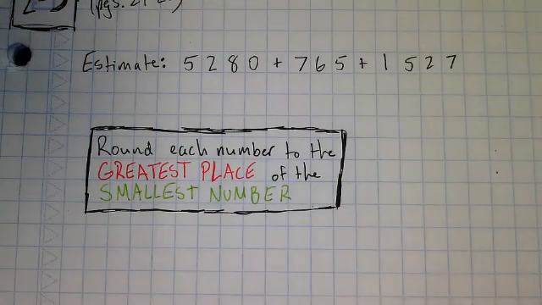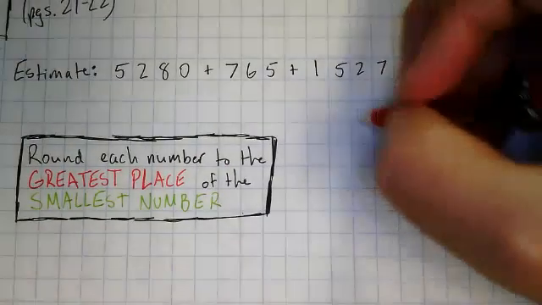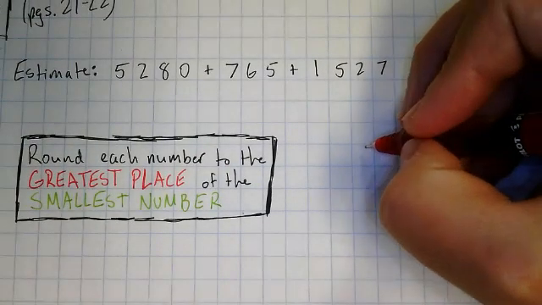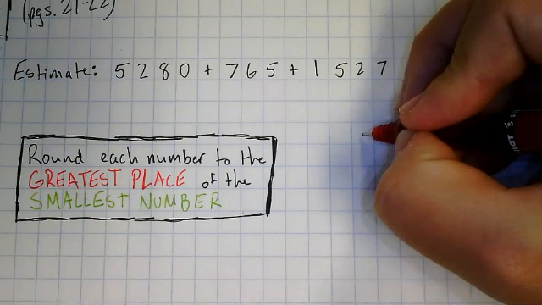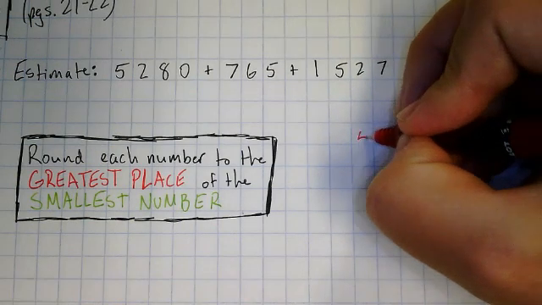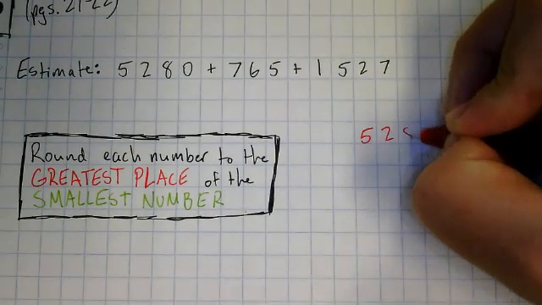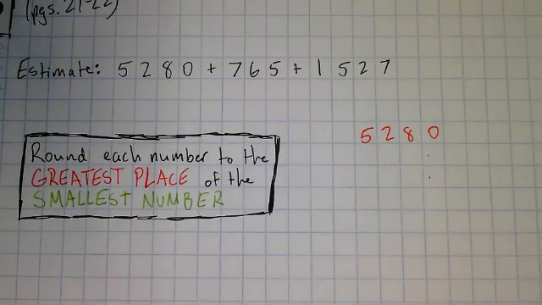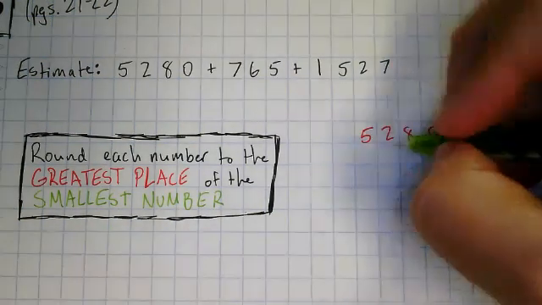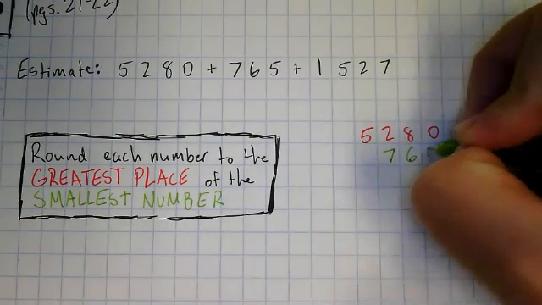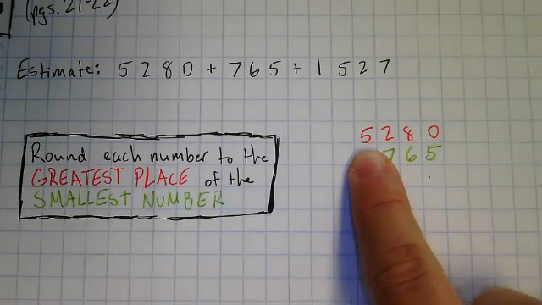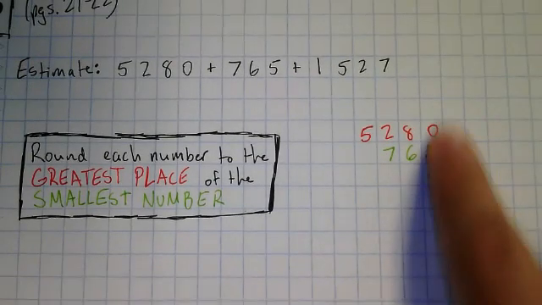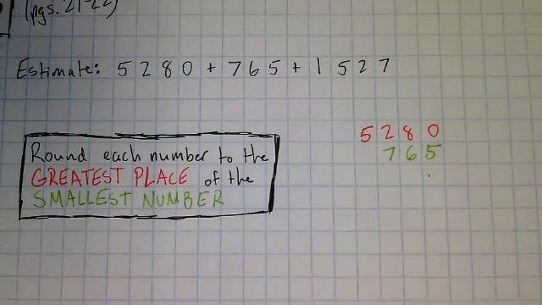So to make things easier, let's rewrite the numbers over here on top of each other. Remember, it's always a little bit easier to compare numbers when they are lined up on top of each other. So we have here 5,280. We have 765. And remember, you want to line up your ones column, not this column, because this is only in the hundreds and this is in the thousands. So we want to make sure they line up over here because both these numbers are in the ones. So don't line them up by their first number, line them up by their last number. And then we have